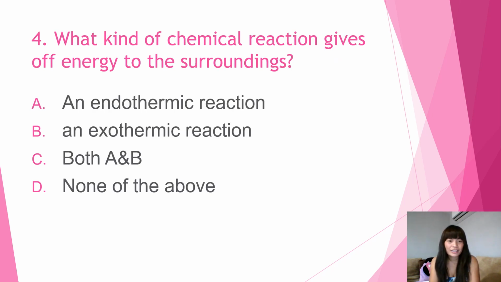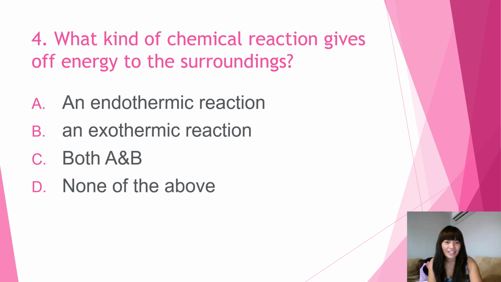Number 4. What kind of chemical reaction gives off energy to the surroundings? A, an endothermic reaction. B, an exothermic reaction. C, both A and B, or D, none of the above. Okay. Are you ready? So the answer to this is letter